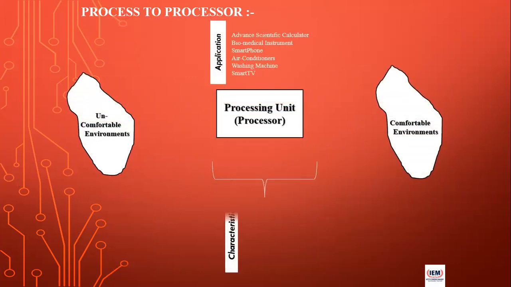Now, what about the characteristics of this processing unit? I talked about a lot of examples, we have already discussed a lot of examples as applications. What is the motto? The motto is basically the characteristics of this processing unit. If your processing unit is more bulky, for processing purposes requires more and more power, if the unit cost is very high,